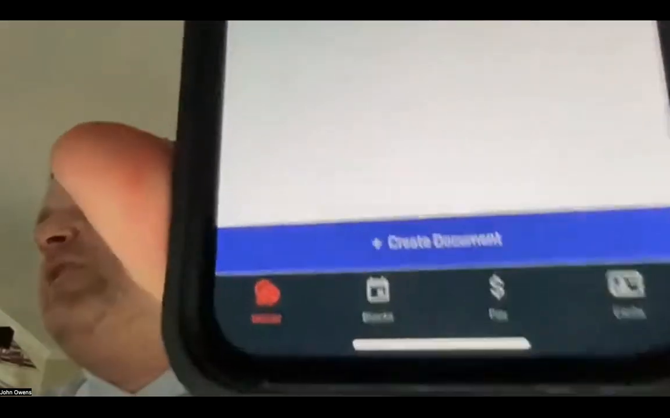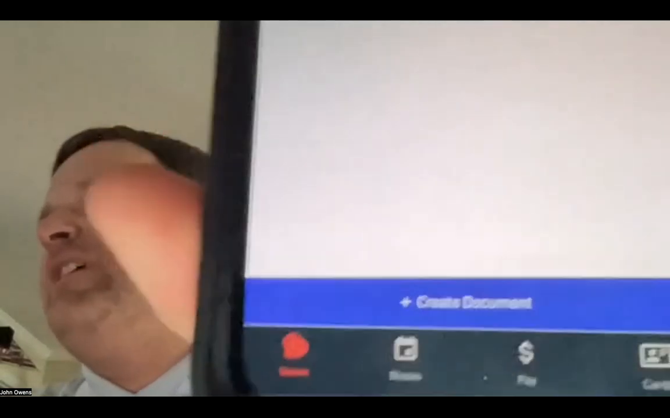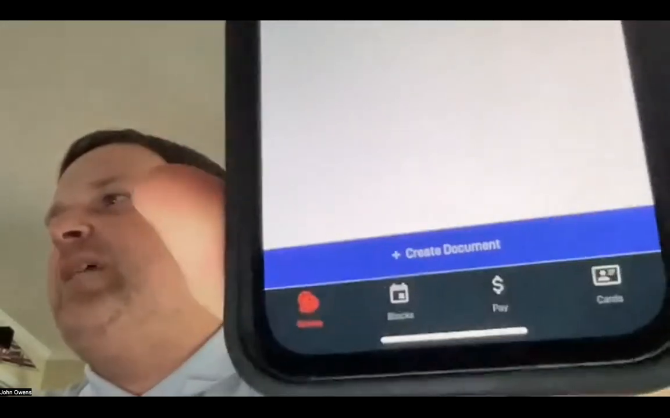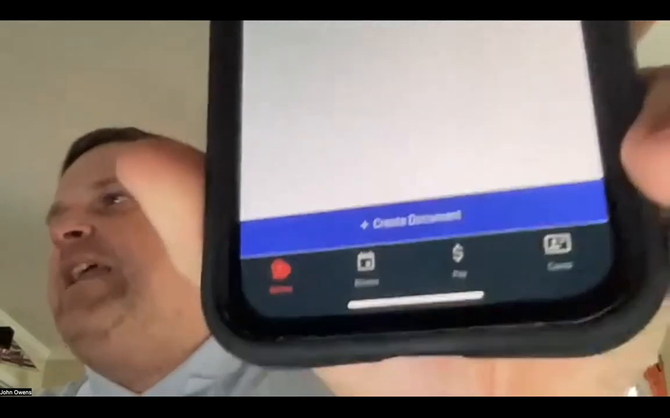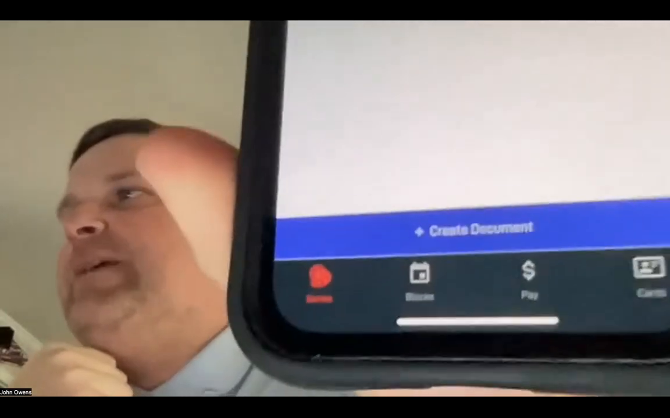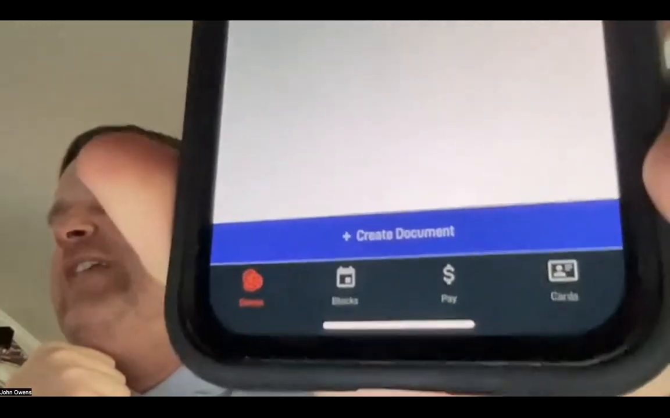Documents. Right here, you would create documents. This is where you would put an ejection, but don't put ejections on your phone. That's when we make mistakes. But this is also where, if they have the notes page, you'll be able to upload the notes and the JPEG of the game reports. So that is the quick overview of